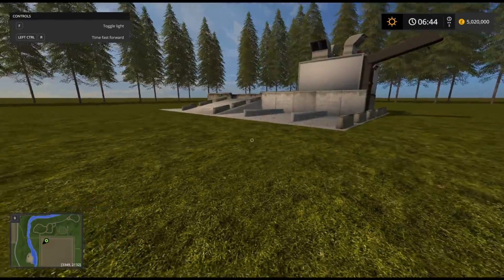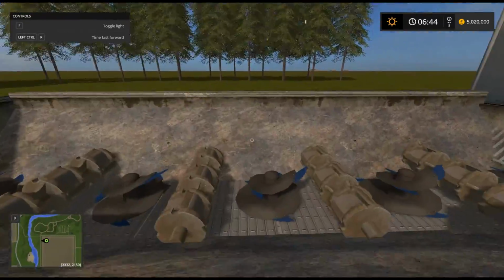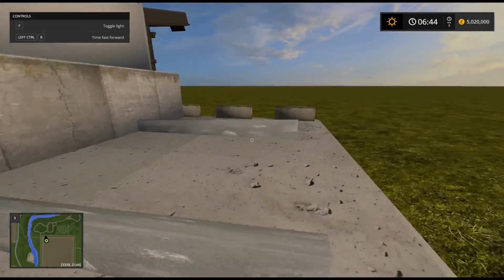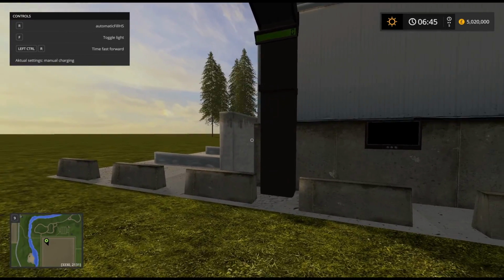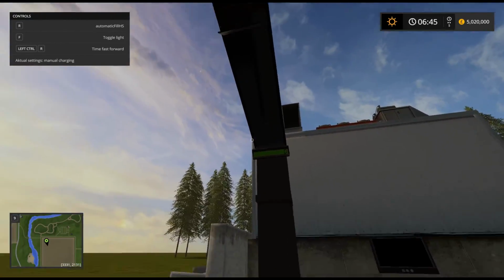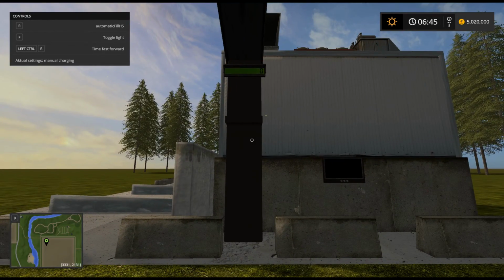Okay, so here we are now in game, and we have the unit as I placed it within Giants Editor, all installed. There we go, perfect. So I've got my F1 menu up, so we'll just come around. As you can see here straight away, walking under this particular silo trigger, in the F1 menu it says actual settings, manual charging. So if we wanted to, with the R key, we could change that to automatic settings. So basically, from what I understand there,